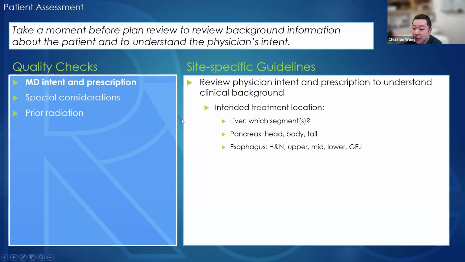So our first step is to review the physician intent and the prescription and to understand the clinical background before the simulation. So for GI abdomen, of course there are multiple sites, but today we're going to mainly focus on 3 main sites: liver, pancreas, and esophagus. And of course, for specific points, we may cover other sites such as peritoneum, lymph node, and some upper